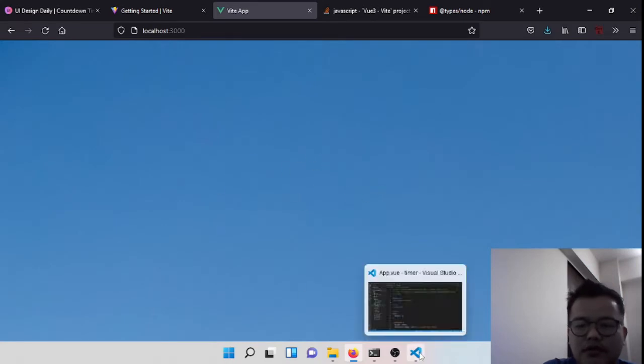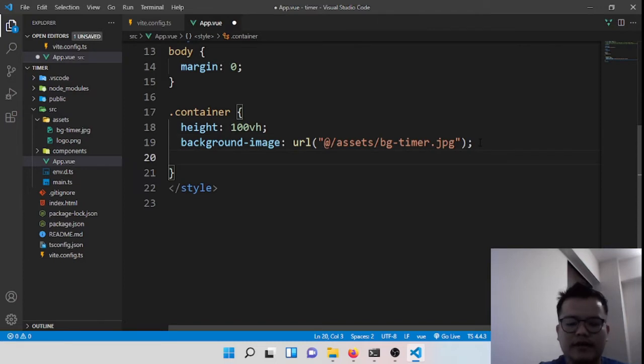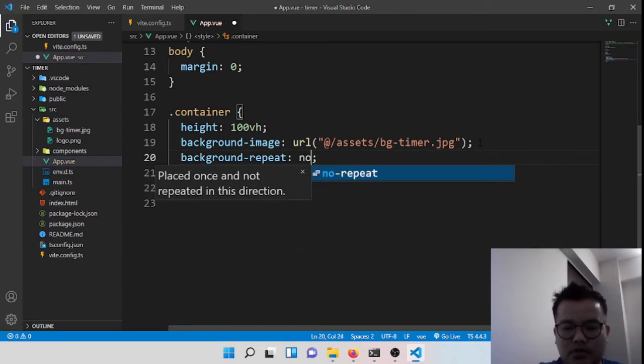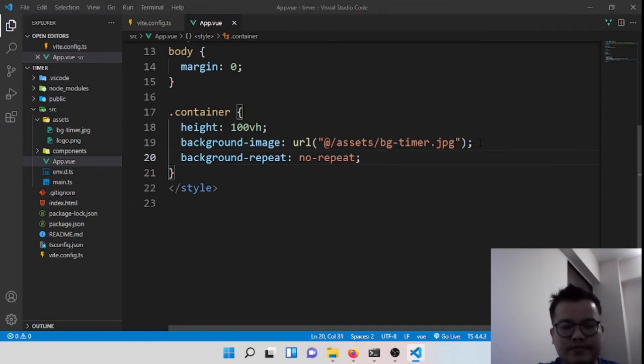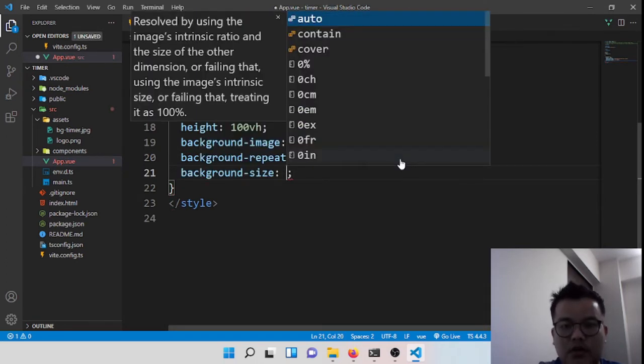And you can see here, we need to fix some style, like background repeat, no repeat. Background size would be cover,